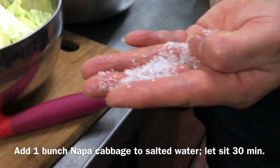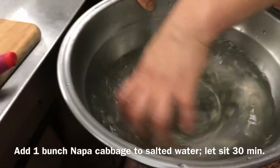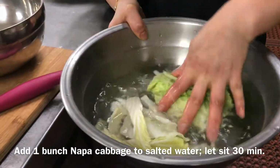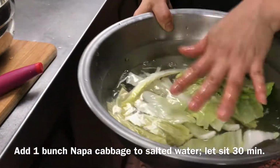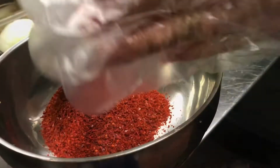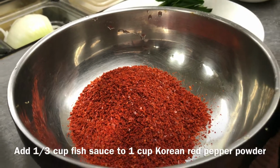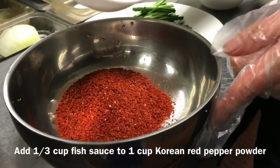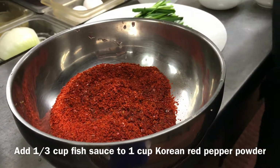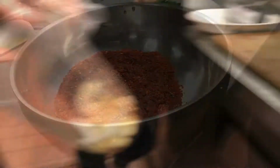Hawaiian salt and mix with water, salt, and put it in. So you have to soak it for 30 minutes. Okay. Chili, and this one is fish sauce. Is that a Korean fish sauce or like Vietnamese? Any kind. Ginger and...